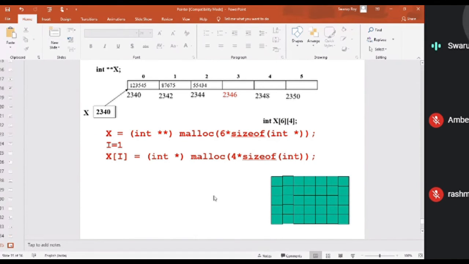So that is a[i], and i in the beginning is 0. So first it stores the base address of the first array. Then i++ moves to the next, so x[1] will store the base address of the next array. Like that, you'll go on creating 6 such arrays. So 6 arrays means 6 rows, and each array is of size 4.